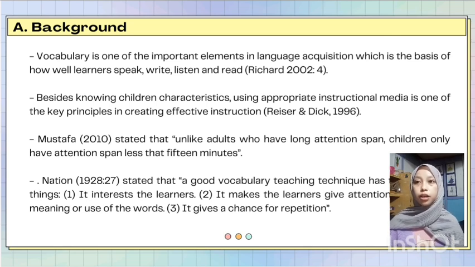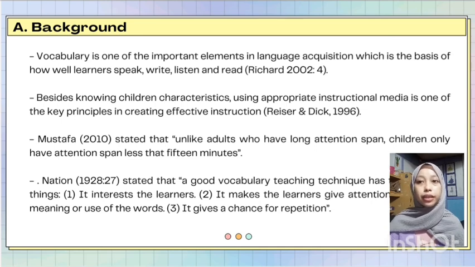And the next is from Mustafa, 2010. He states that unlike adults who have a long attention span, children only have an attention span of less than 15 minutes. So teaching young learners also deals with attention span. It means that attention span is defined as the amount of time in seconds the child remains on task without distraction.